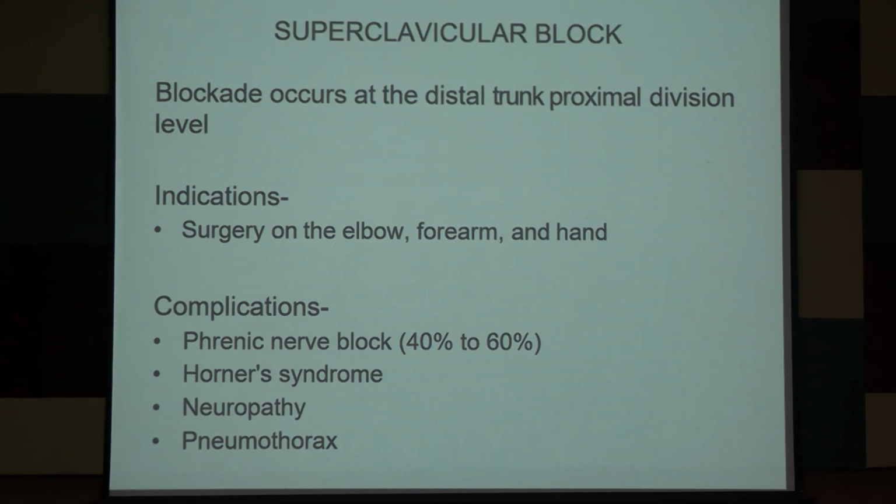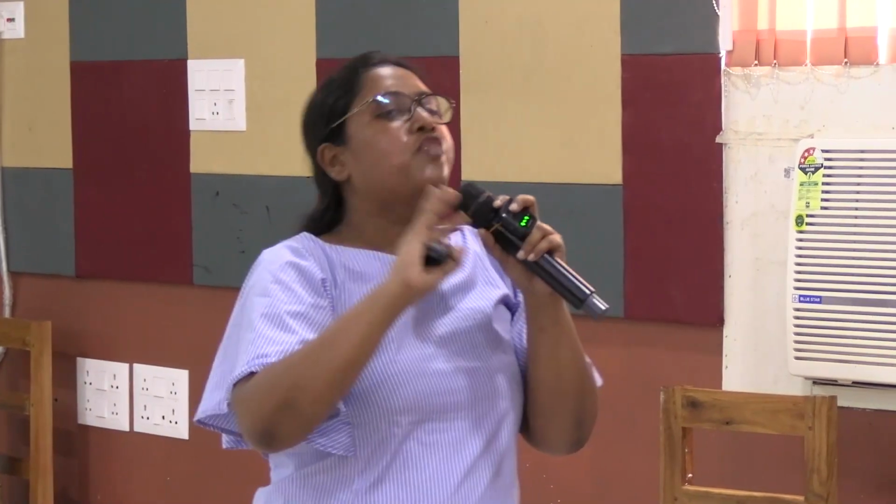What are the complications? Remember, for any block, there are indications, complications, and contraindications. Any block has very specific indications. It depends which nerve you are blocking. So whatever areas, whatever muscles, whatever zones it will be supplying, any surgery on that part forms the indication of that blockade. Brachial plexus supplies the upper limb. So any upper limb surgery is the indication for a brachial plexus block. Right. The only thing which you have to remember is at which level you are blocking.